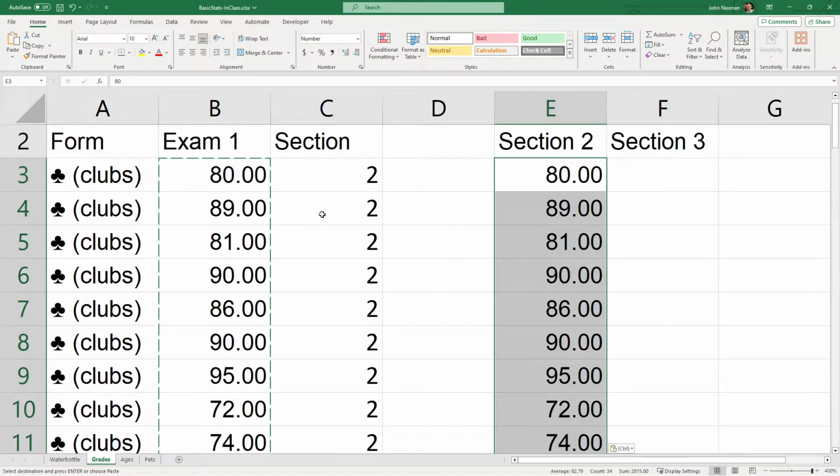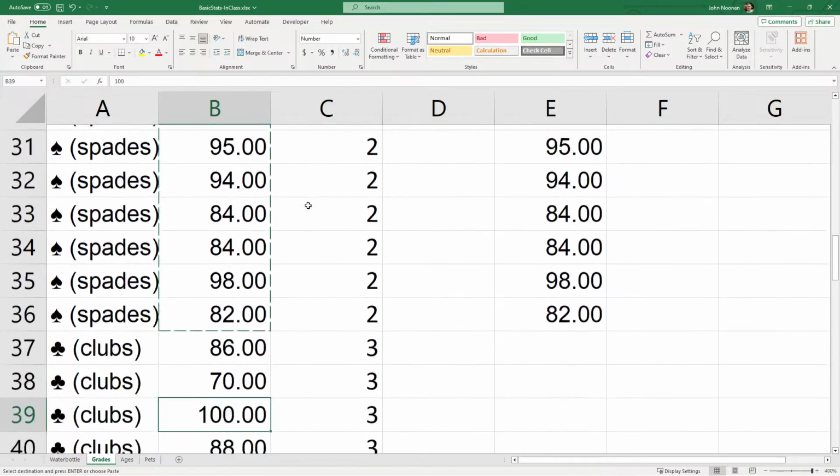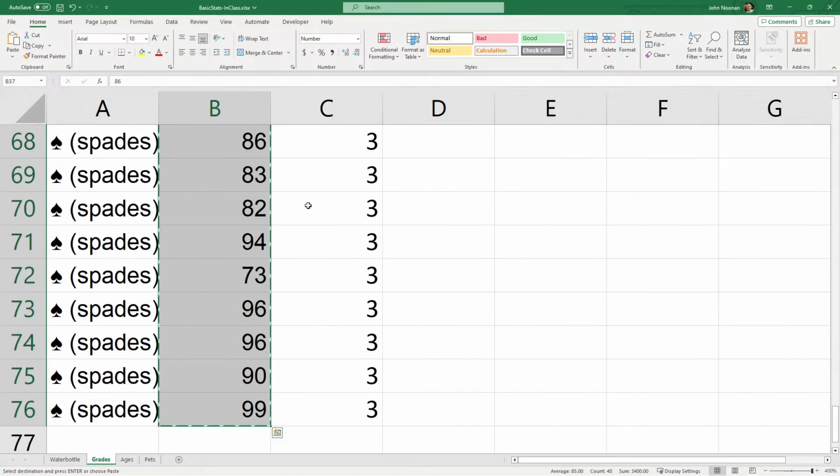Hopefully you know how to copy and paste, but if you don't, I can go through it. Control or Command C and Control or Command V is what I use. So there are my Section 2 grades, and then of course you can go down here and grab the Section 3 grades. All of the rest of the grades are Section 3.